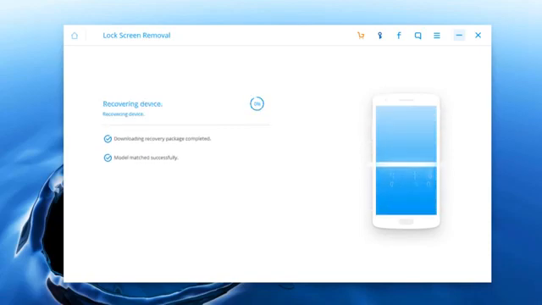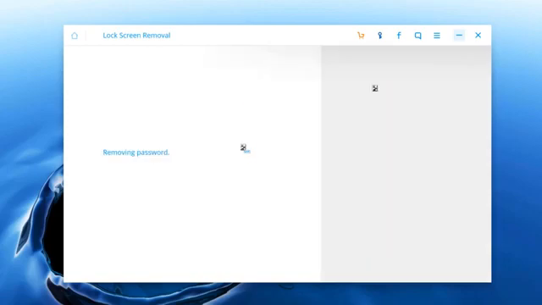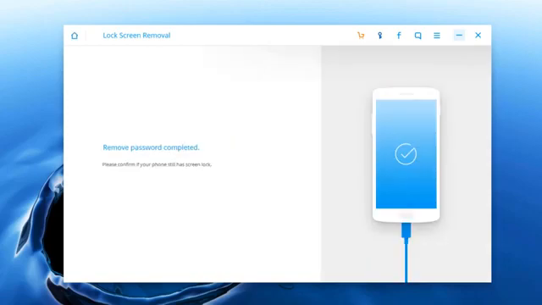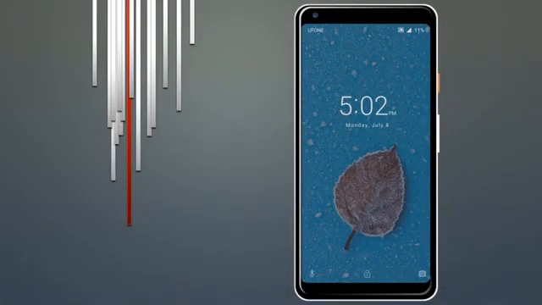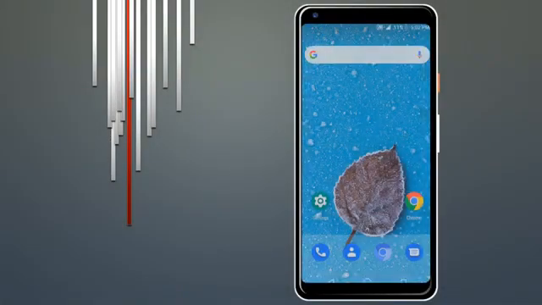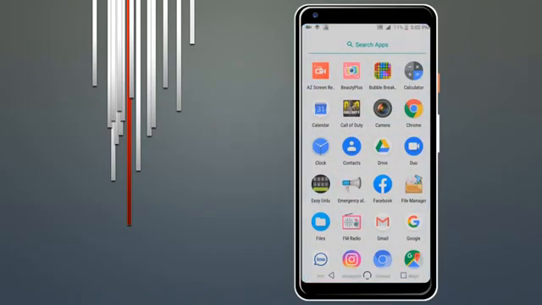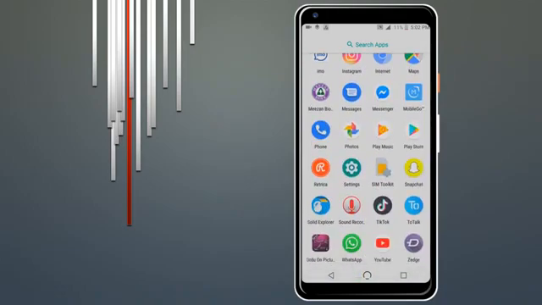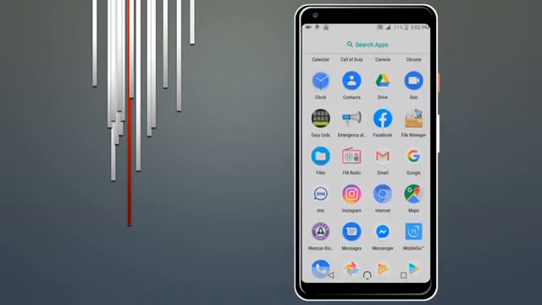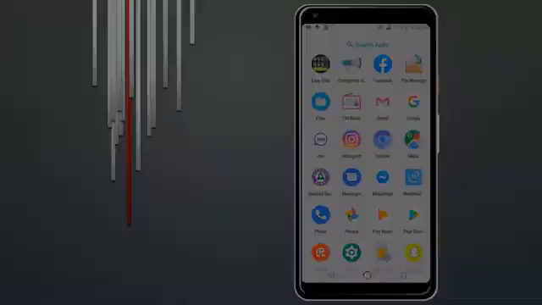As soon as Dr. Phone Android Lock Screen Removal finishes downloading, it will remove the pattern lock on the Android phone without data loss. Now you can grab your Android phone and touch the home button. You will be pleasantly surprised to find that you can access and enter the Android phone without the pattern lock. The screen lock setting is removed, which means that your Android phone is unlocked successfully. But this software so far only supports Samsung and LG phones on PC. If you have another device, you can go for the third method.